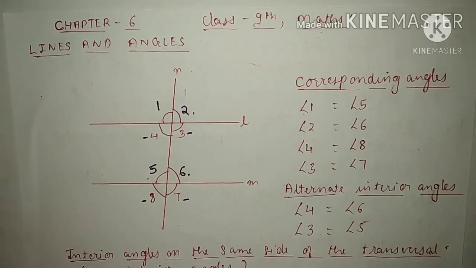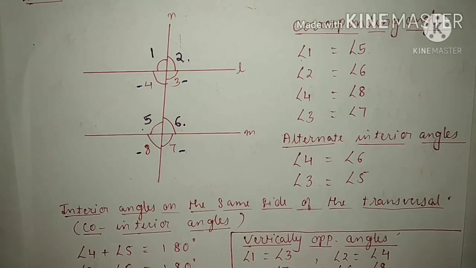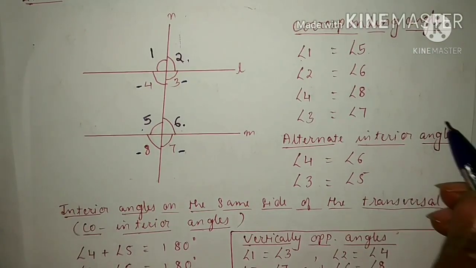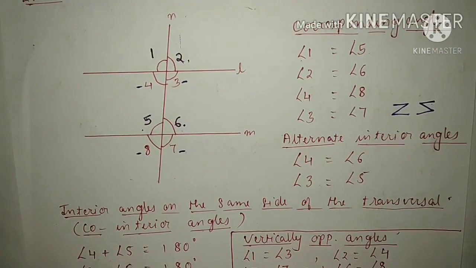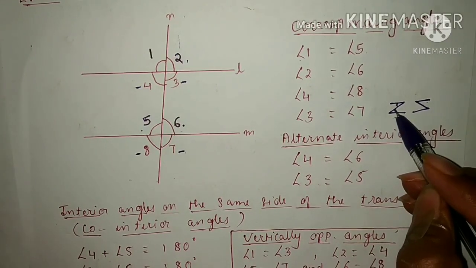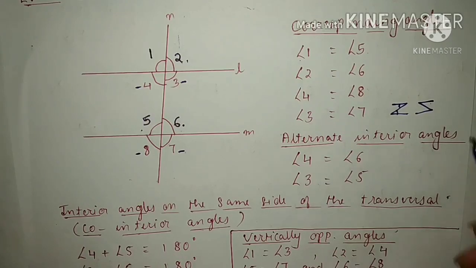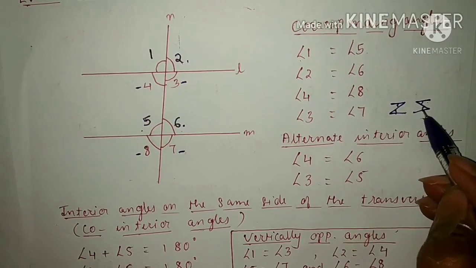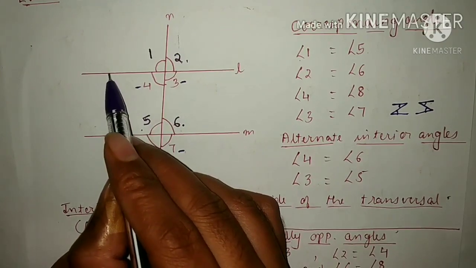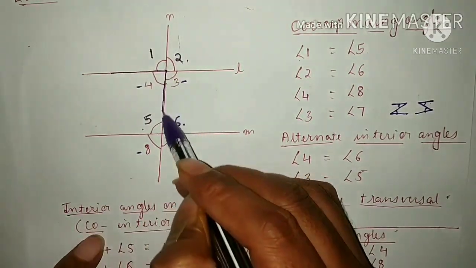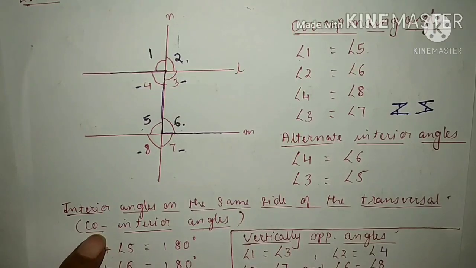These are corresponding angles. Now what are alternate interior angles? The angles in which a Z is formed, like this and like this. So this angle and this angle are called alternate interior angles. In this one also, this angle and this angle are called alternate interior angles. So in our figure, where the Z is being formed, see, this is one Z.